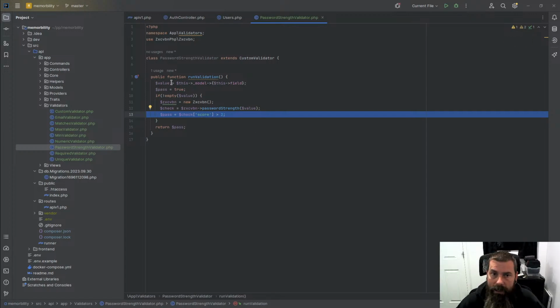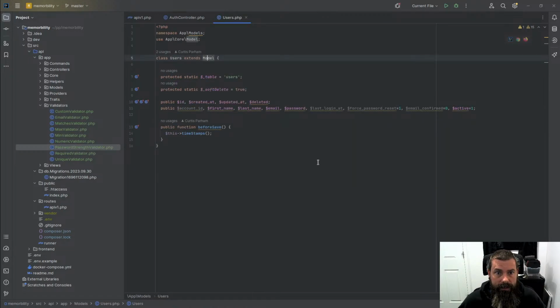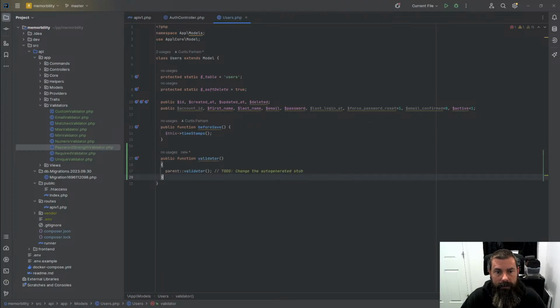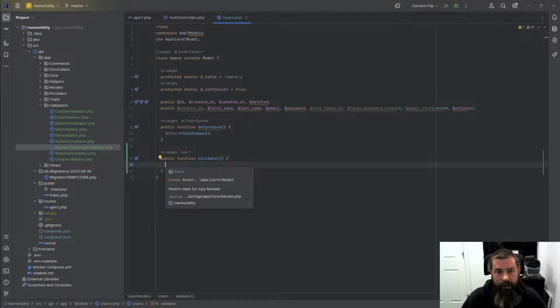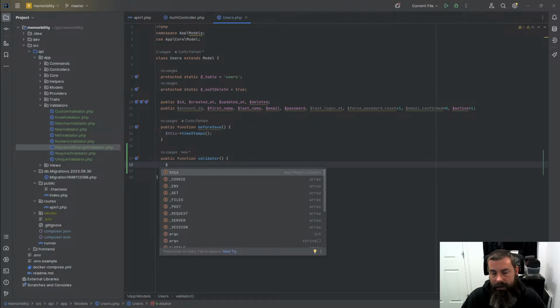So now we can make sure that our endpoint will accept a strong password. All right, so we can go ahead and close this. Now we can set up some actual validation on our users model. So underneath this before save, we can add public function validator. I don't know why it does that. Thanks for trying to help me though. We are going to add a validator, and inside this validator, for each validation, each thing we want to, oh,